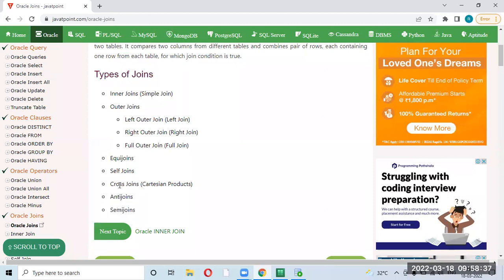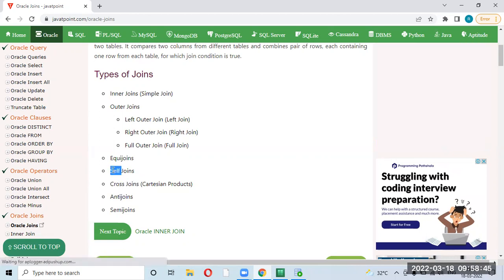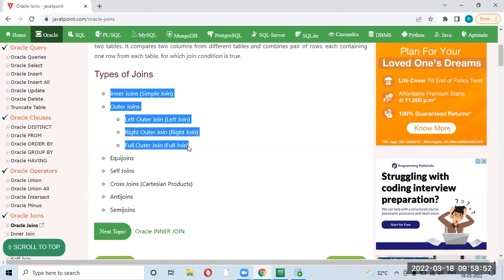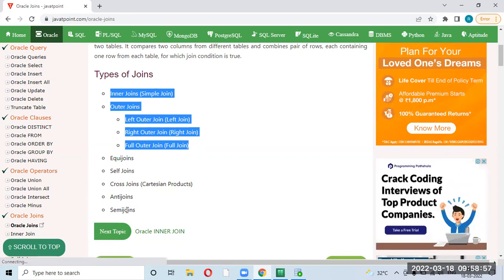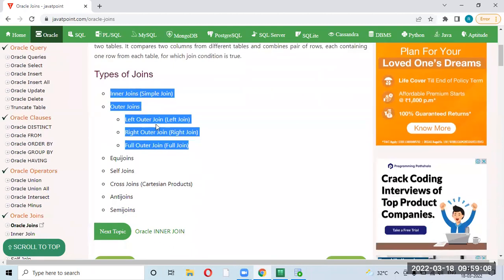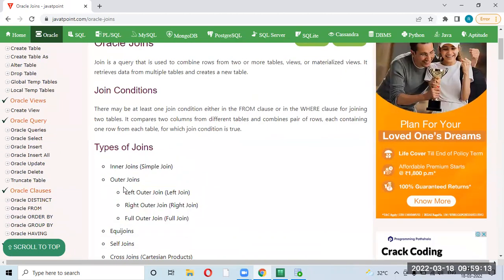If someone asks you, you should know at least the basic functionality, what is cross join, what is self join, but as such there is no technical syntax for this. There is only syntax for these four joins. Okay, these are like byproducts of these joins. While you use these, these are some of the byproducts, you can say. So we should focus mainly on these four. Later, after completing this, I'll give a brief overview of these things also, but let us focus on this.